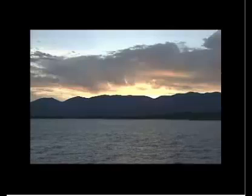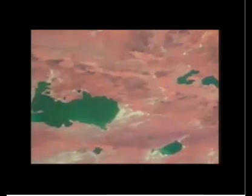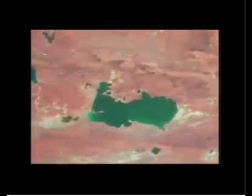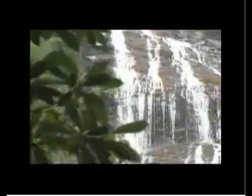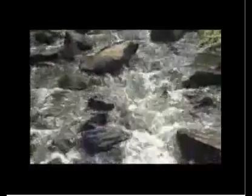Do you know the difference between a river and a lake? A lake is a body of water completely surrounded by land. A river is a body of water that flows across the land and usually empties into a lake or an ocean or another river. Fresh water can be found in many other bodies of water too, such as ponds, streams,